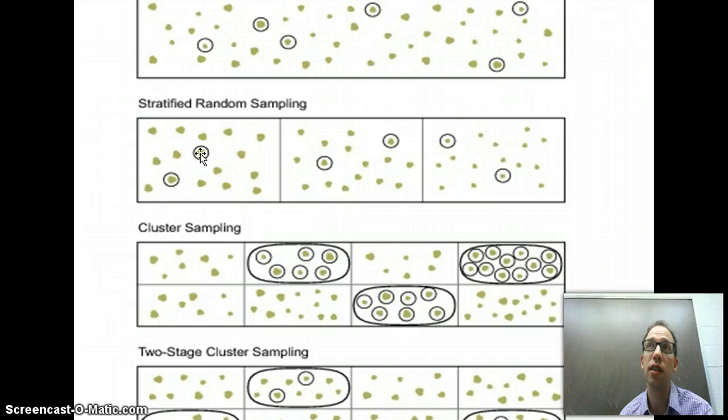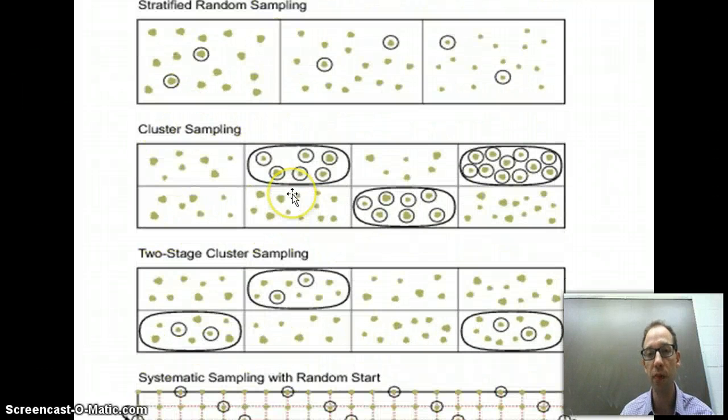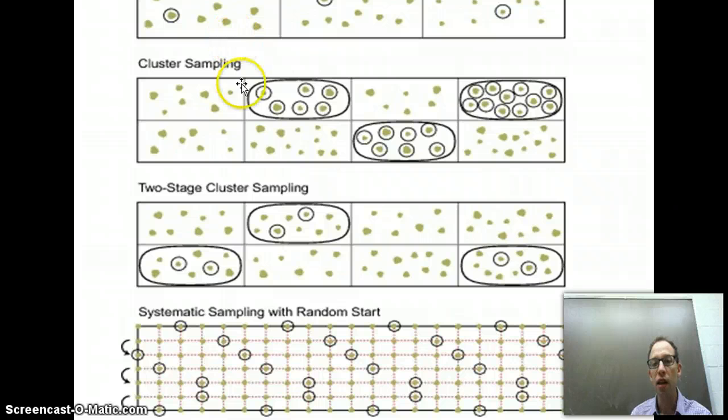Or we may decide to do half of our sample from each one, so 50 males, 50 females, even though 60% of the people at that corporation are males. So both of those are a type of stratified random sampling. The important part is we're dividing the population into strata and then taking a random sample inside each of those strata. Now with cluster sampling, we somehow block off the population into these clusters,